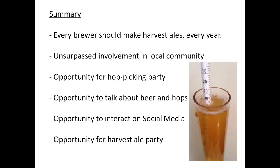In summary, every brewer should create harvest ales every year. Fresh hopped harvest ales put you in touch with your local hop growers and involve your community like nothing else. Harvest ales give you a reason to celebrate the hop harvest by having a number of events at your brewery around this time,